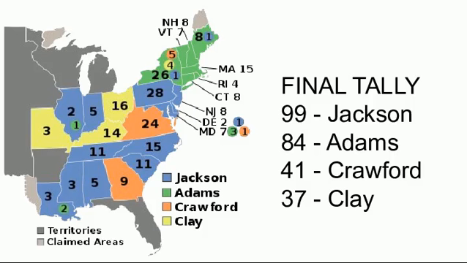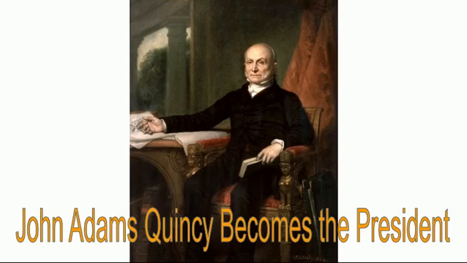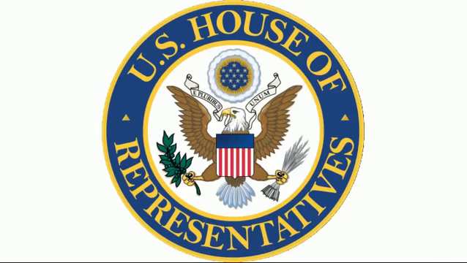This is where it gets complicated. We've only done this 2 times in our history. So here's how it works. If we have an instance like this, where nobody gets a majority of the electoral vote, and Jackson was like 3 below what he needed to get the majority, then the top 3 candidates, so unfortunately Henry Clay is gone, go in front of the House of Representatives and they vote. Whoever gets the majority of the vote wins.